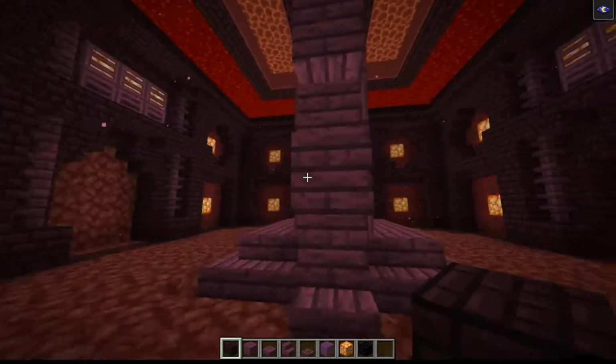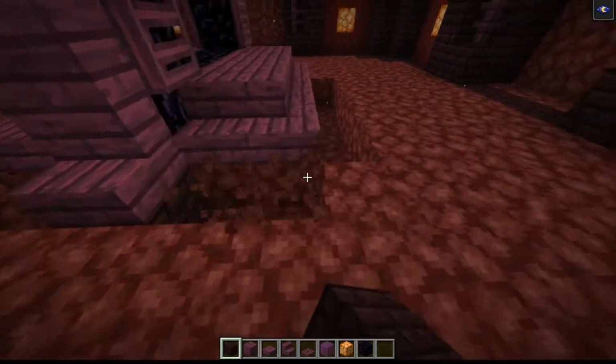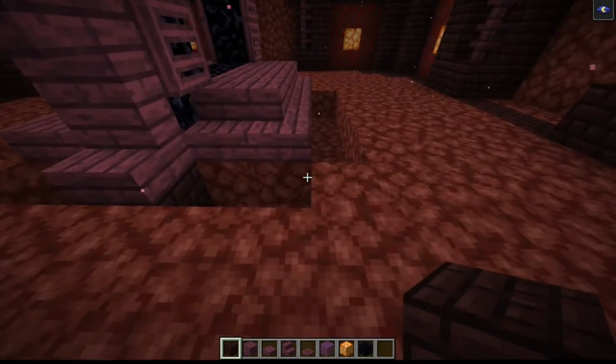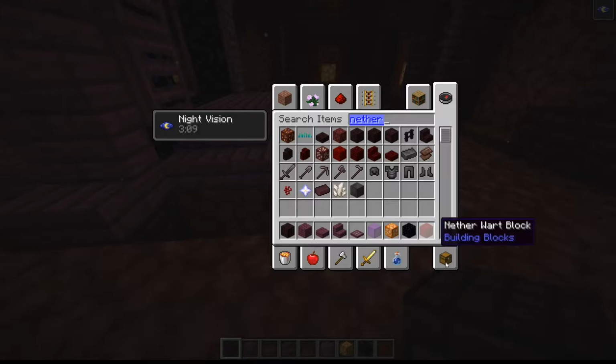Now we're going to come to the side of the portal. We're going to remove 2, 1, 2, and then 2 on this side, 1, 2. Go ahead and repeat that over here. 1, 2, 1, 2. And then now what we can do is grab ourselves some nether wart blocks, come in